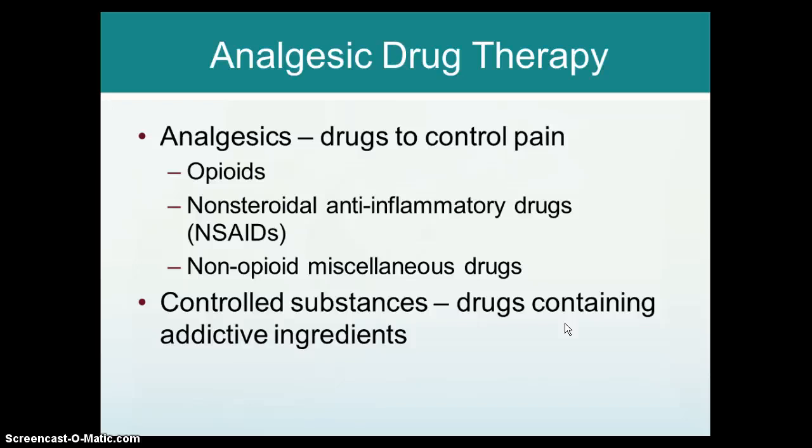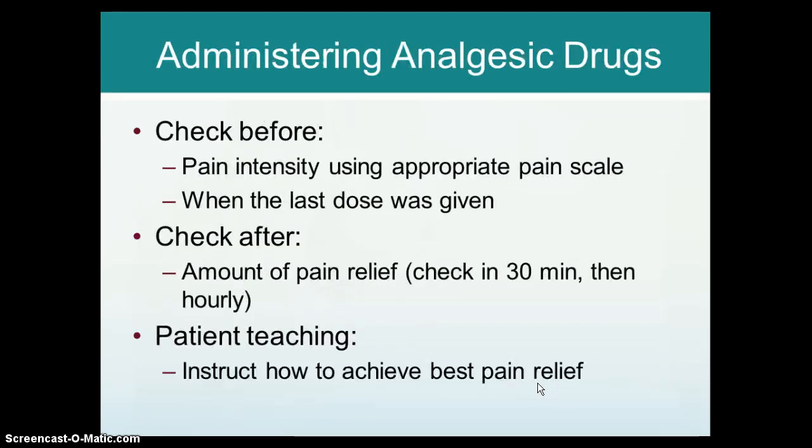And controlled substances, or drugs containing active ingredients. If you want to think about something that's non-narcotic but a controlled substance, Ritalin that we give kids and some adults for attention deficit hyperactivity disorder. When administering analgesic drugs, you want to check the pain intensity before, and check after. And all I need to say about that is when you're giving anyone